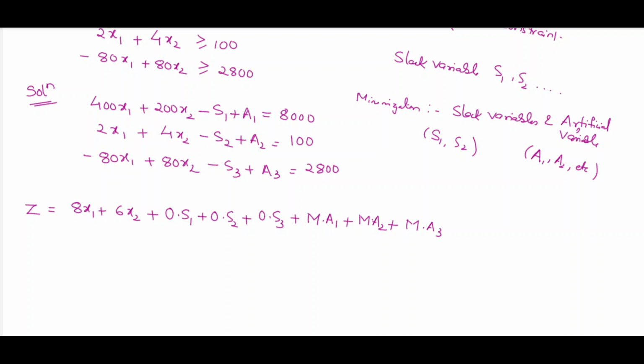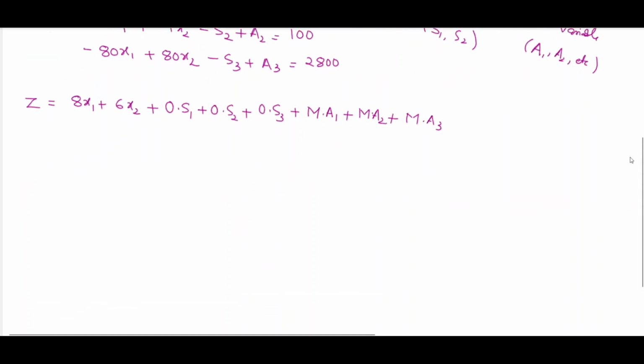Now we have framed z and we have framed the constraints into equations. Now, with the similar process, you have to write the table. And remember that when we work out to the end, we should see that no artificial variable remains there. Let's see, when we work it out, you will see. Now we'll prepare the table.